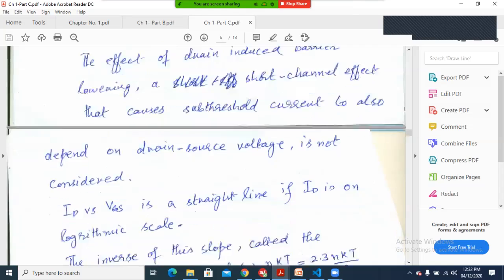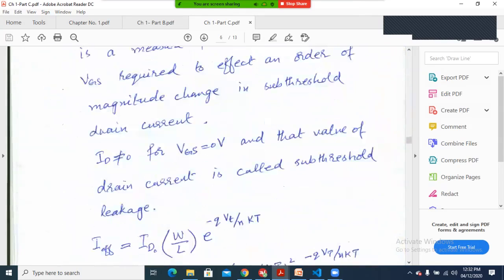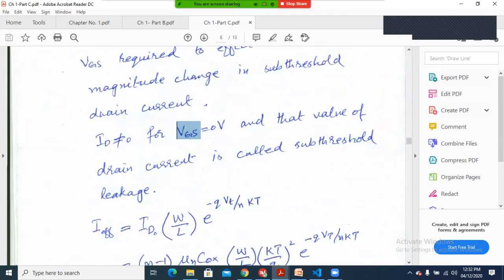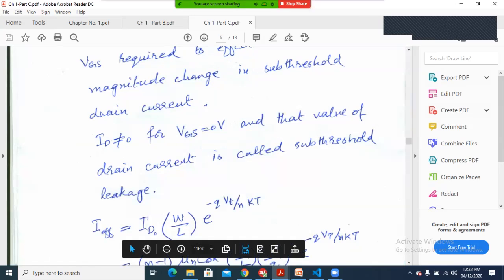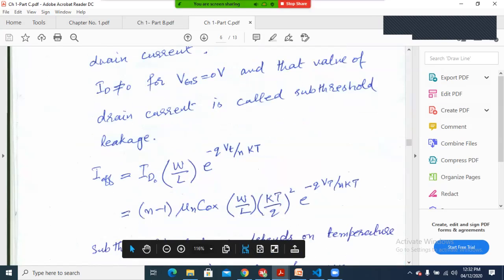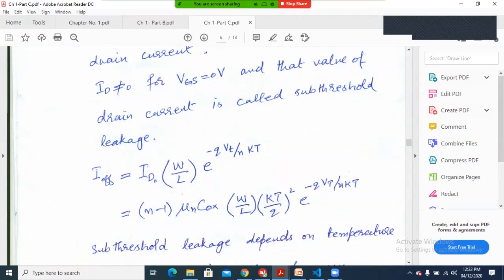In fact, when the VGS is equal to 0, the value of ID is not equal to 0. That is called the sub-threshold leakage current. When the transistor is off, even then there is a small leakage current, which is the source of power consumption,